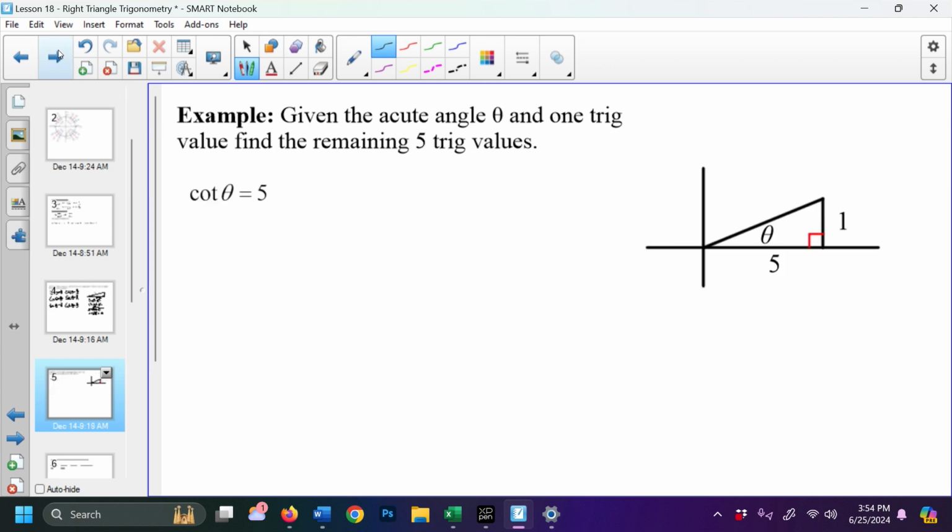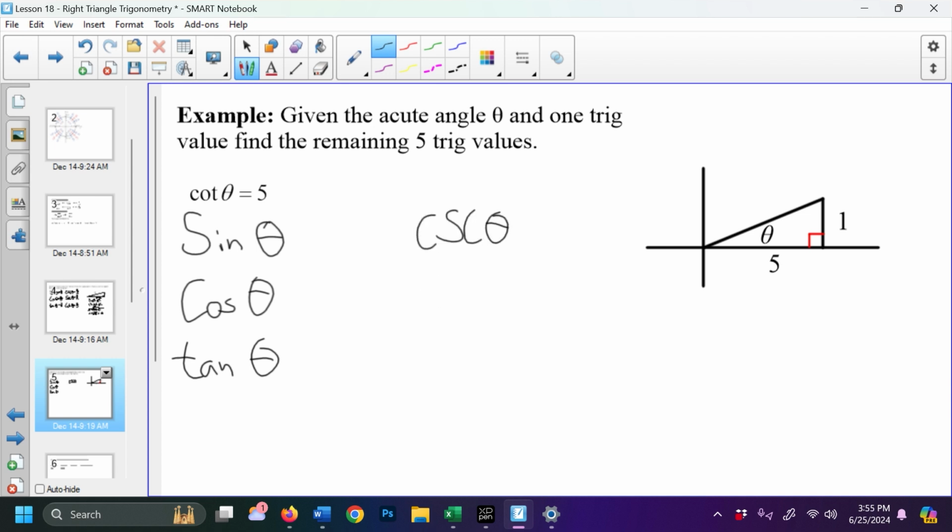Next, it says, given the acute angle theta and one trig value, find the remaining trig values. So they give me the cotangent of theta, 5. They want me to find the remaining trig values. So let's do it the same way and list the sine of theta, the cosine of theta, the tangent of theta, the cosecant of theta, the secant of theta, and then the cotangent of theta, which we know to be